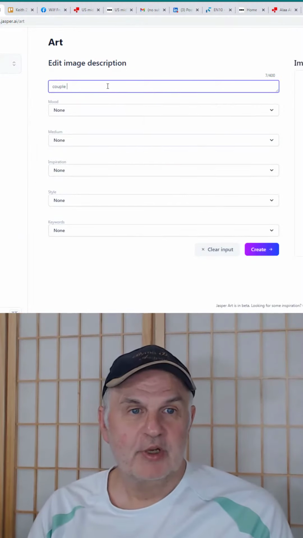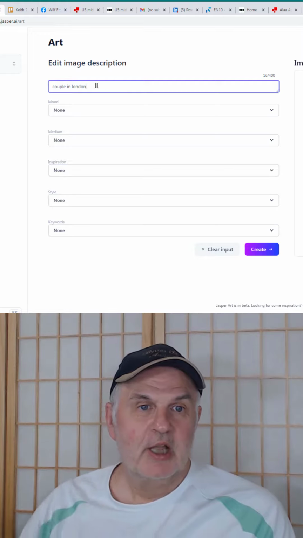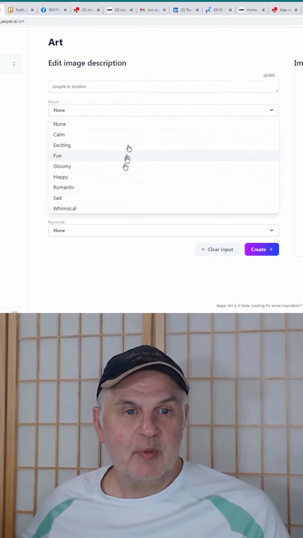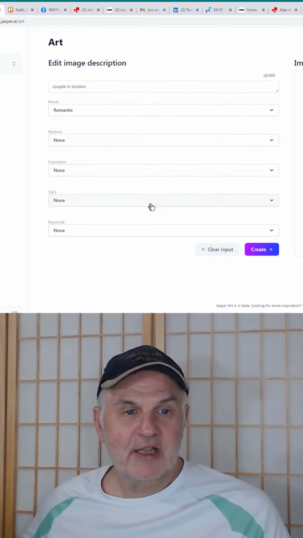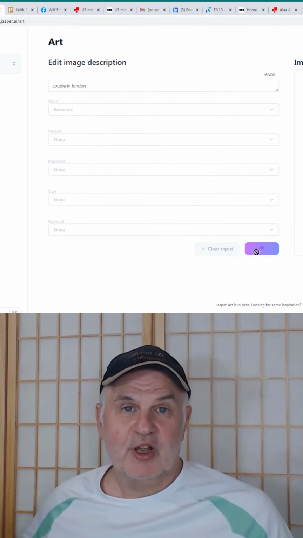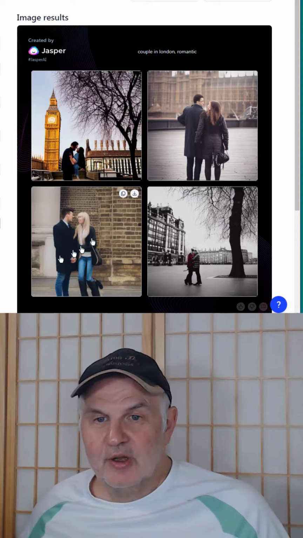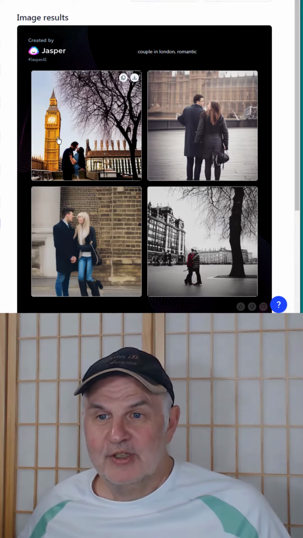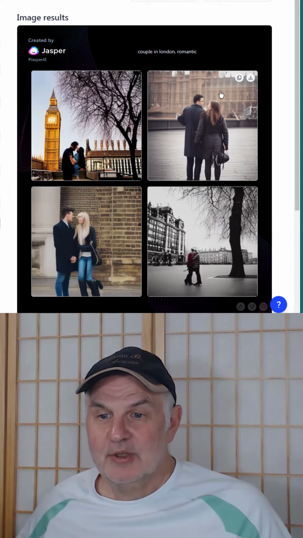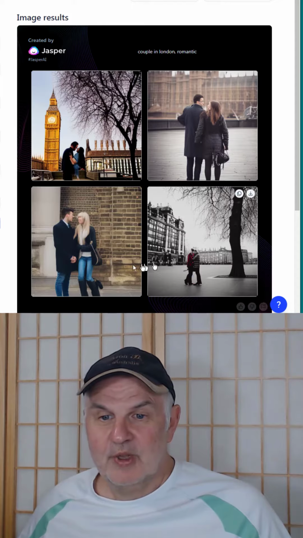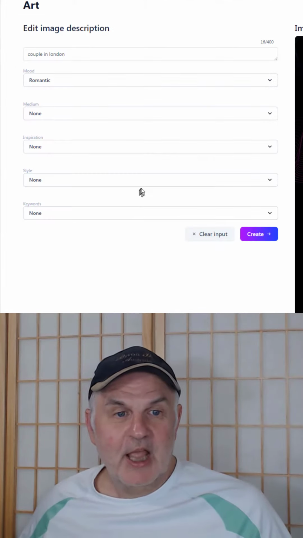So for example, we put a couple in London, and you can choose the mood. Maybe we want them romantic. And okay, let's just try that, see what it comes up with. There you go. And there's Big Ben, which is definitely in London. That's Houses of Parliament. Not exactly sure where these other places are, but